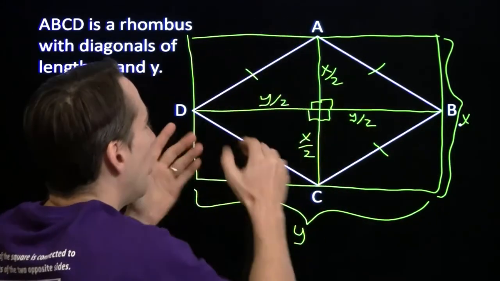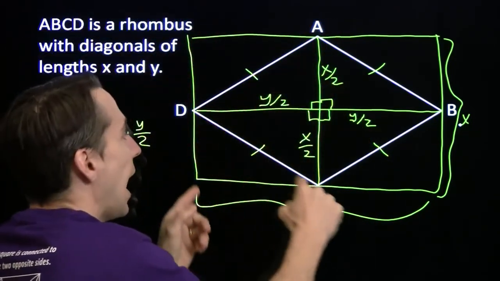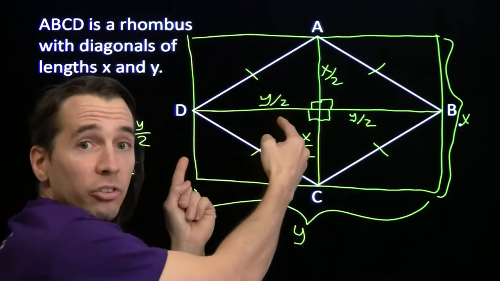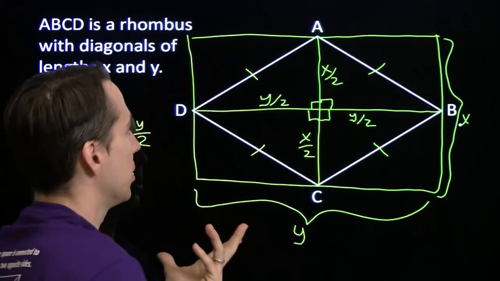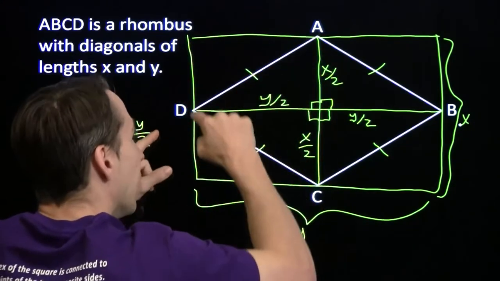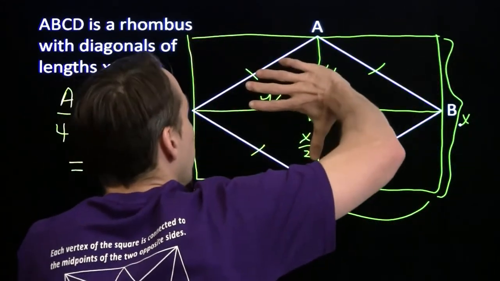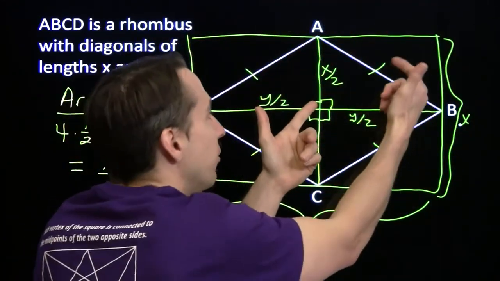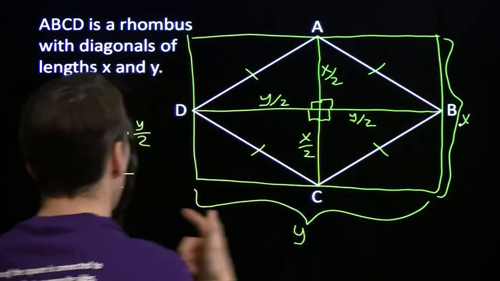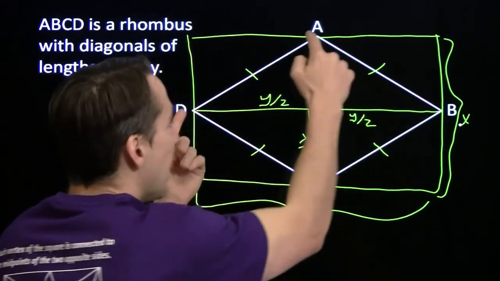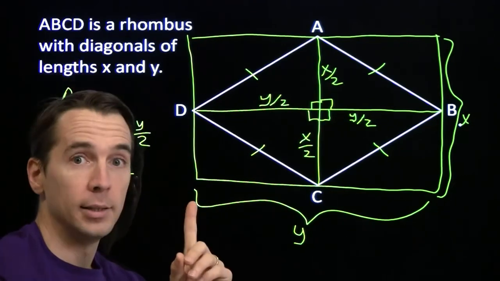Now take a look at the rhombus. Each of these little rectangles in each of the corners, half of the little rectangle is inside the rhombus, half of the little rectangle is outside the rhombus. So the area of the rhombus here has to be half of the entire rectangle, because each of these little pieces, half of it is inside the rhombus and half of it is outside the rhombus. The area of the entire rectangle, of course, is x times y. The rhombus is half the rectangle. The rhombus is xy over 2. But wait, there's more.